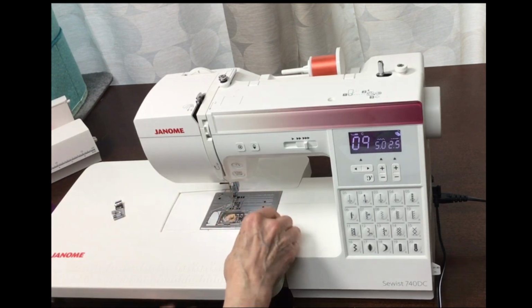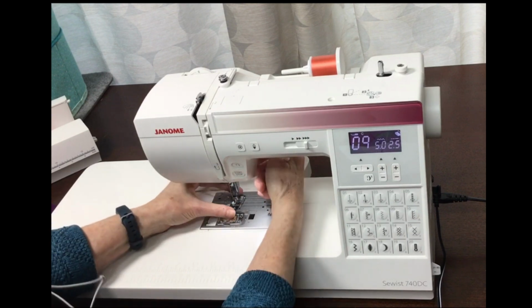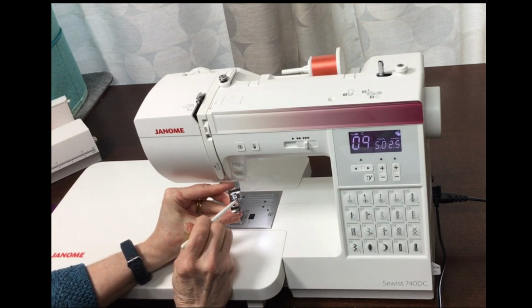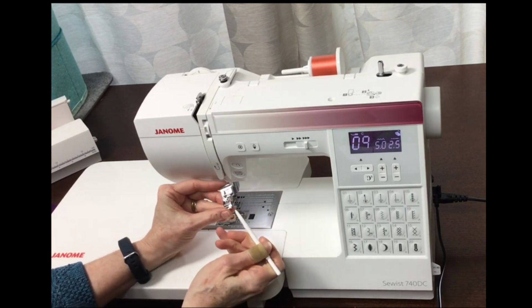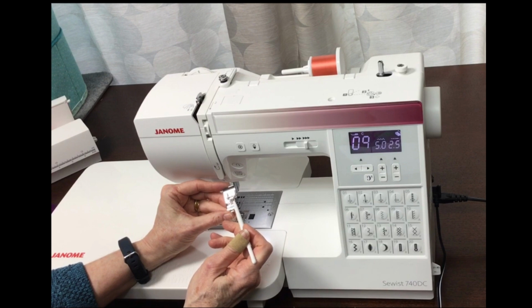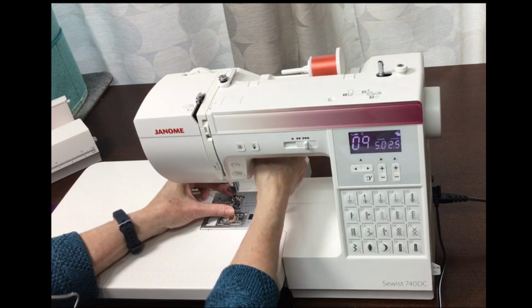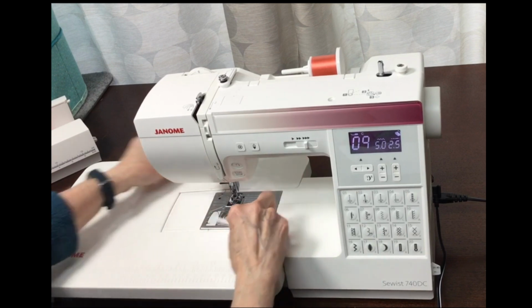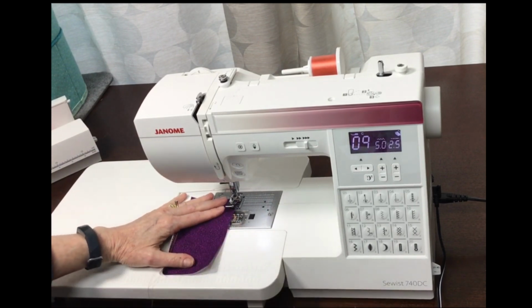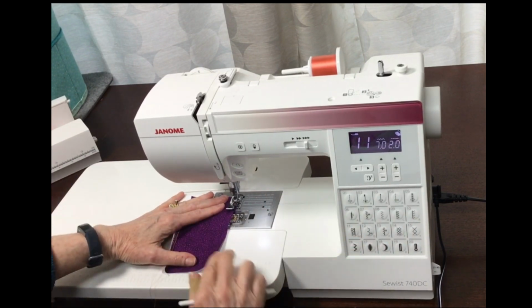The other foot that also comes with the machine is the M foot, and this one is one of my favorites. Before I actually attach it, let me just show you these little prongs or forks here and this little guide, and you're going to ride your fabric up against that guide. These little prongs, the stitches are going to form over them, and it's almost like a stitch finger on a serger. It creates something really, really close to serging. So again, if we bring our little piece of fabric along and we just go down the other side of the fabric, let me choose a stitch for that,